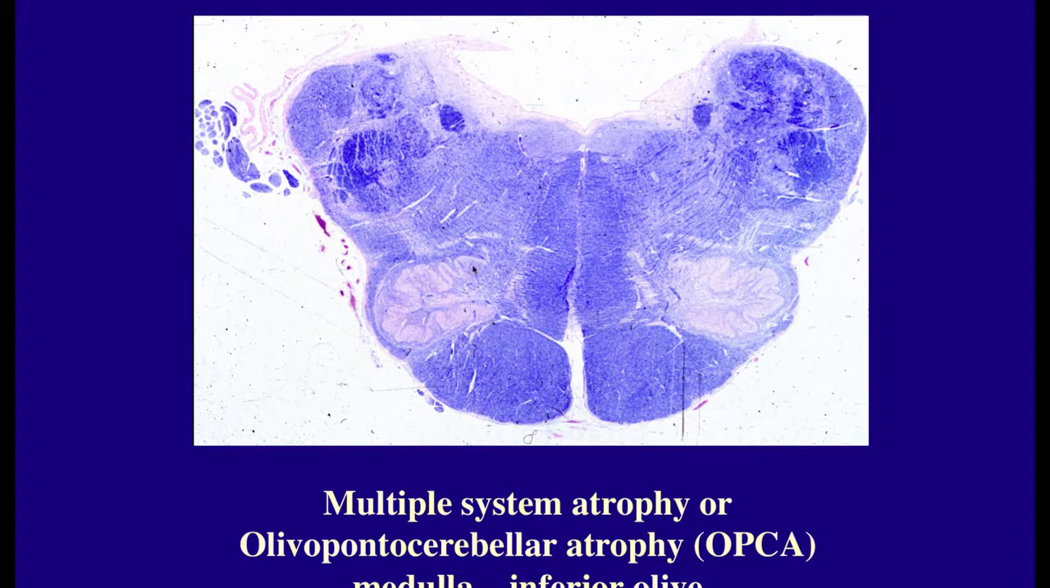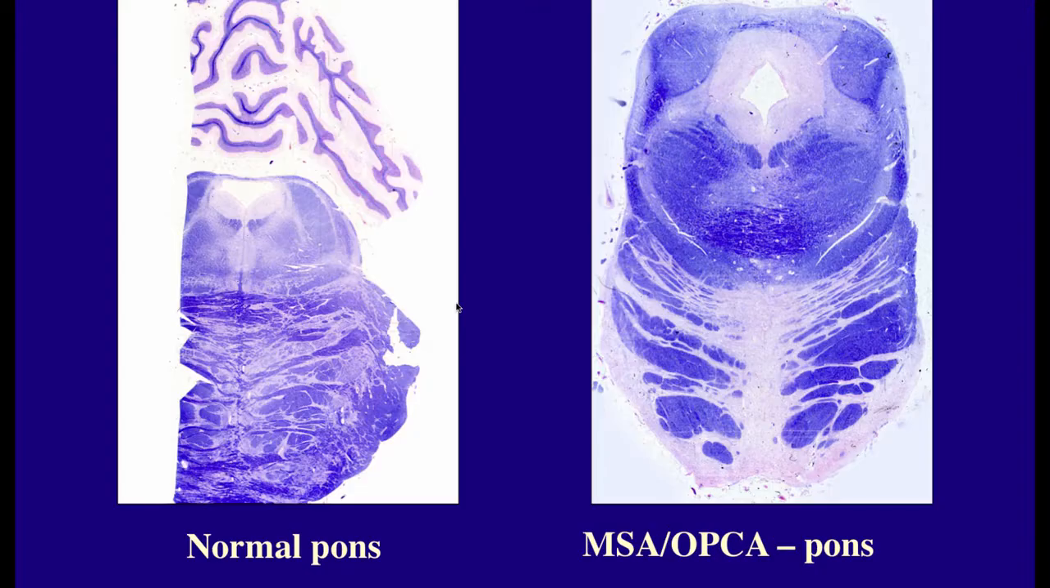So again, here's the inferior olive, site of selective vulnerability in MSA. And then in this split screen image, you can see on the left the appearance of normal pons and cerebellum, and on the right-hand side, the pons from a patient with multiple system atrophy. The pons is atrophic, and what is lost are the neurons of the pons, the pontine neurons that are in